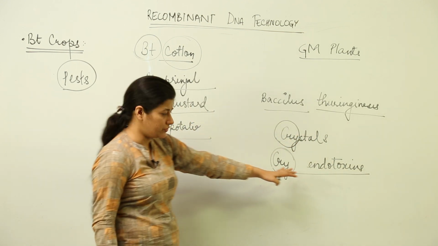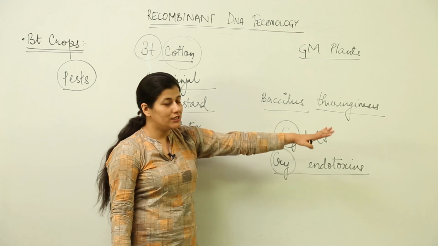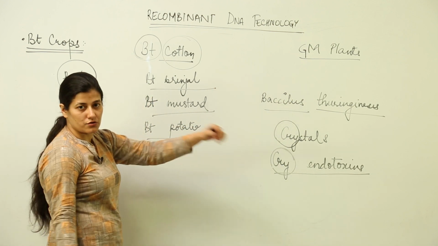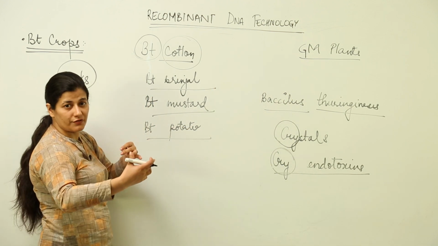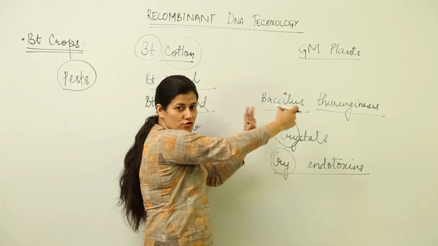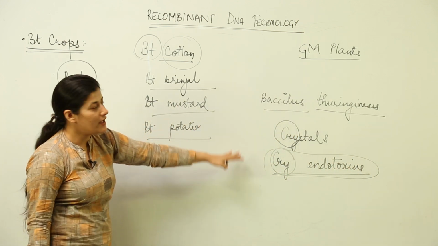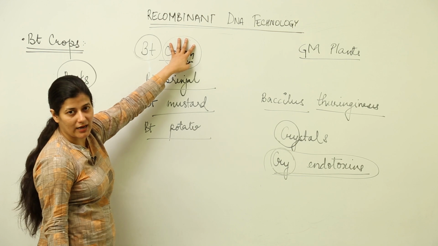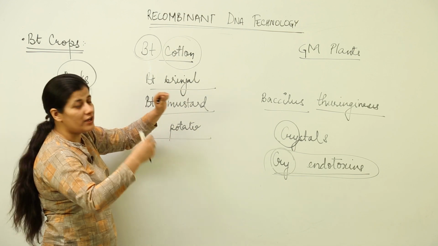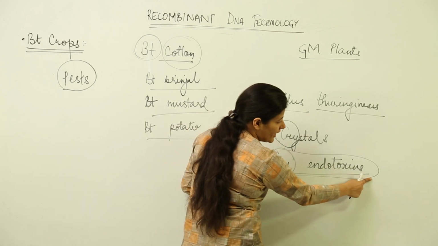There is a category of endotoxins. Cry is the crystal type. We have to deal with the cry endotoxin which this bacteria produces. Now what we have to do with these endotoxins? We want a genetically modified crop. That means we want a cotton that will have the genes responsible for producing these endotoxins. So this is our field of study, that there will be a cotton produced in the lab. It will have its own genome, and along with that it will have a gene incorporated in its DNA which will code for cry endotoxins.